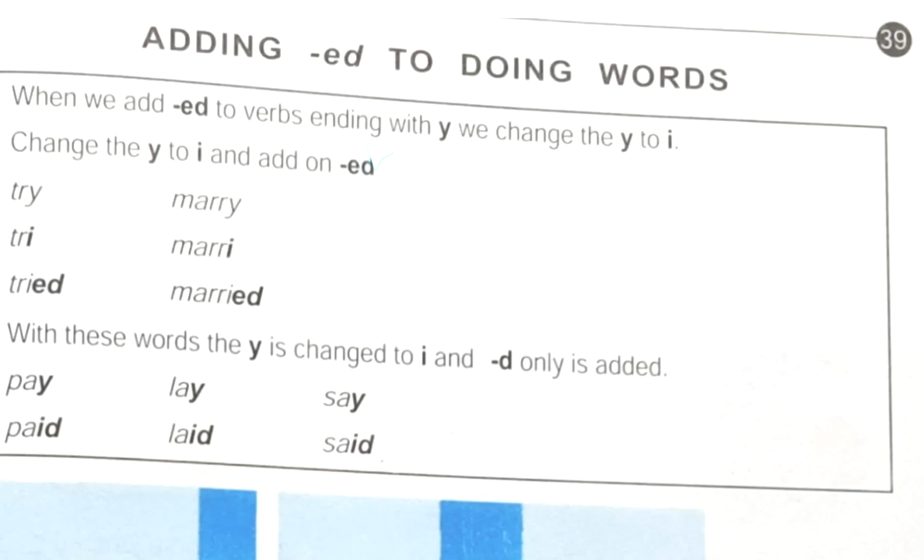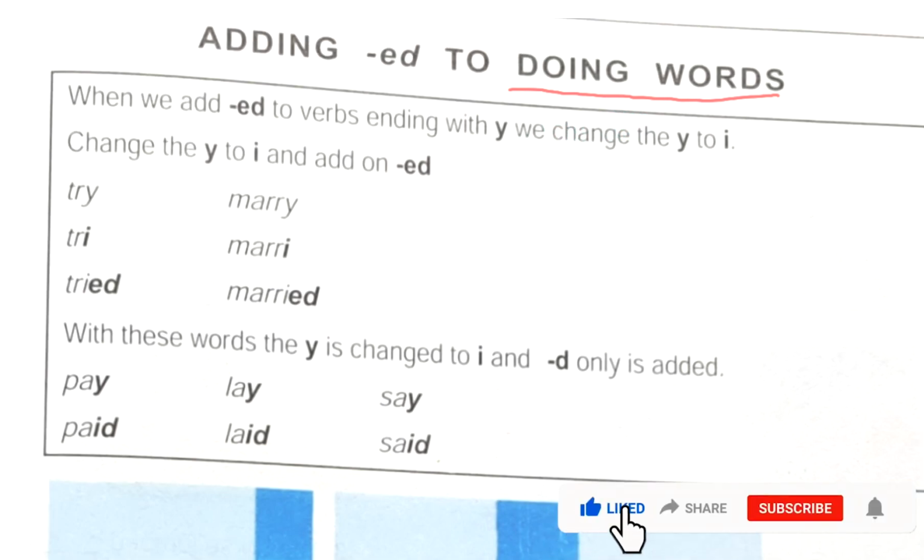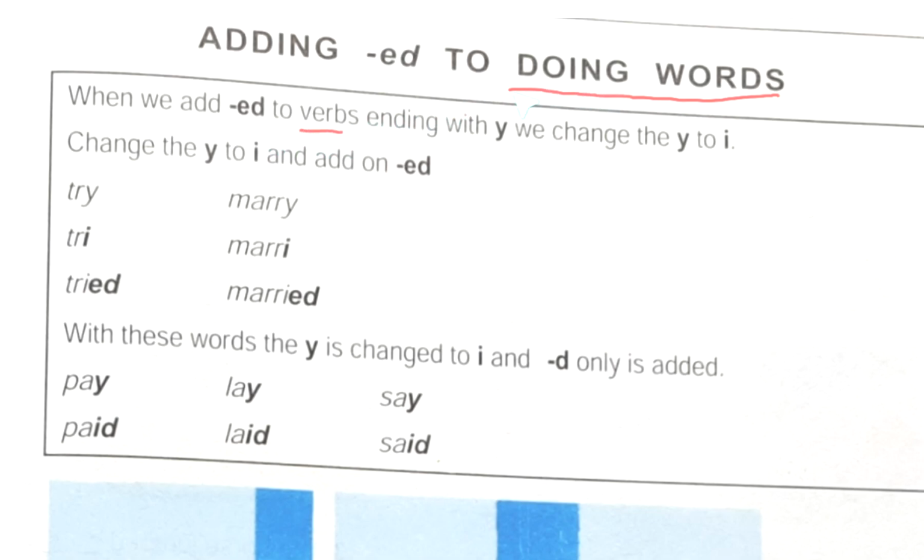Now I'm going to discuss Junior English Book 1, page number 39, and the topic is adding ed to doing words. Here one thing is written: doing words. It means a word which shows action, a word by which we do something, like swim, eat, play. Okay, so let's see what is written later. When we add ed to verbs, here verbs actually means doing words,